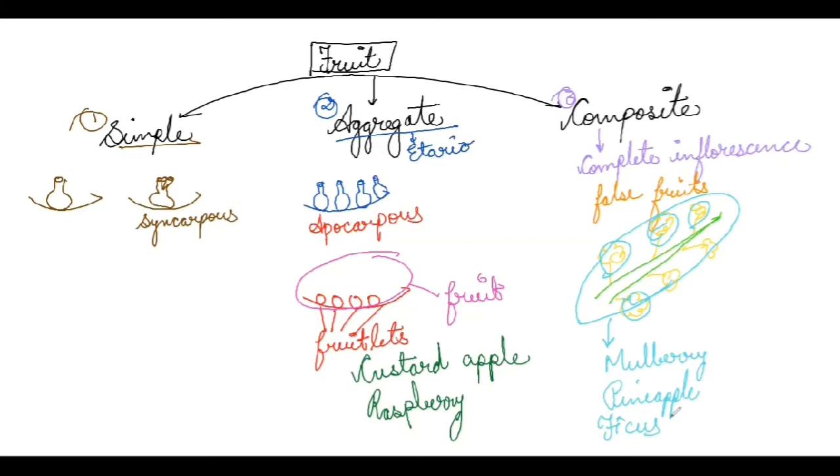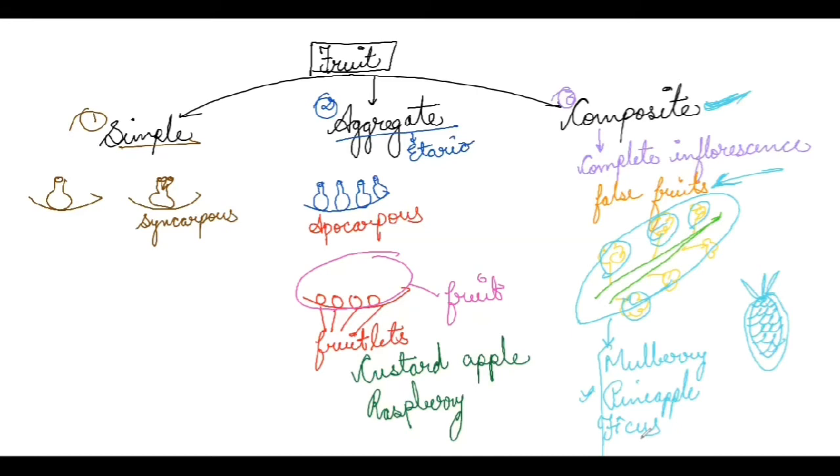Now, coming to the pineapple, we all have seen pineapple, I believe. This is how the pineapple somewhat looks, right? And then the leaves are there and the thorns are present. And here, so many partitions are there on the pineapple. Each of these partitions is basically one flower, guys. This is one flower, and the complete inflorescence is forming a complete fruit. Hence we call it a composite fruit, which is a kind of false fruit. Learn these three examples.